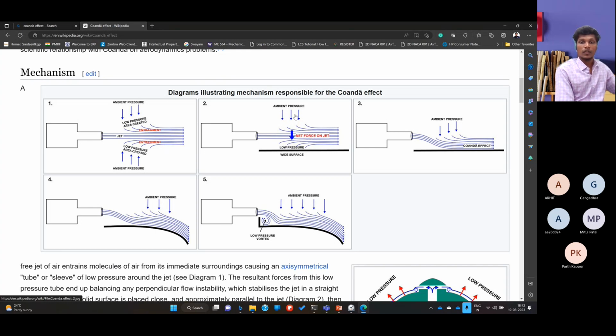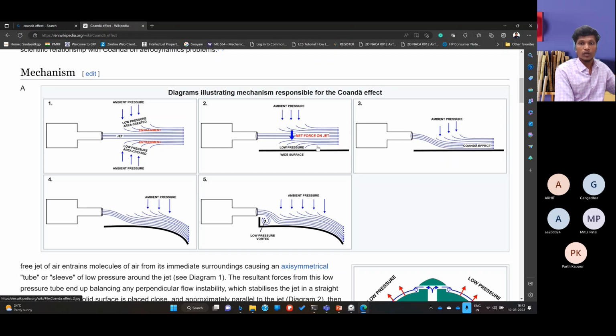Okay, it is able to drag the fluid on the top surface, and it is creating a low pressure here, but it is not able to drag the fluid on this side, right? Since it is having a low pressure here and it is dragging the fluid from this side, and inside it is almost equal to your ambient pressure, but it is forming a low pressure zone. What can it do? It needs to satisfy everything. That low pressure should also satisfy here, but there is no fluid.